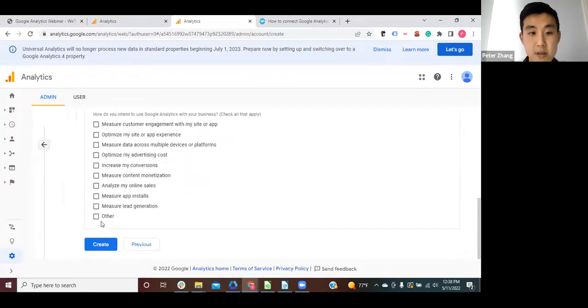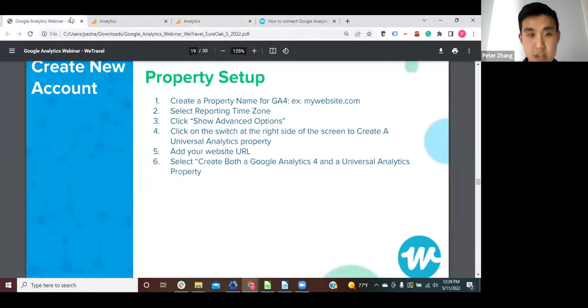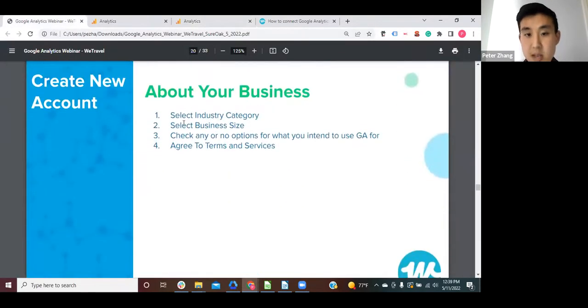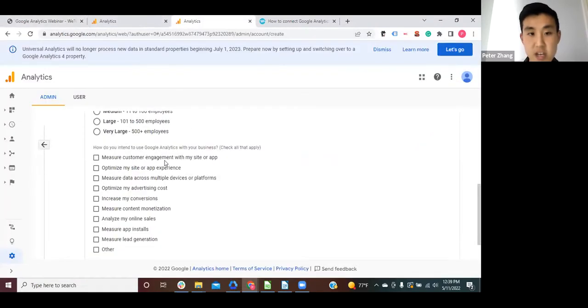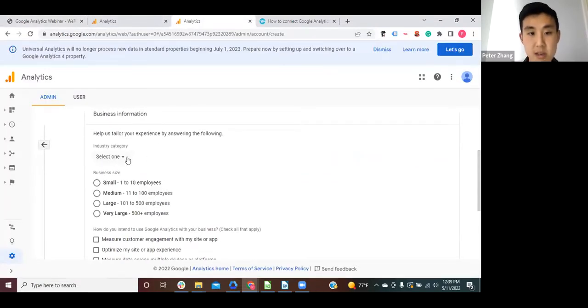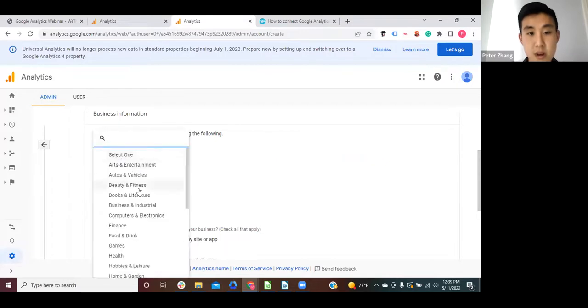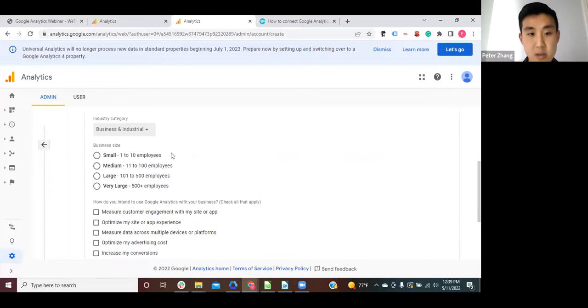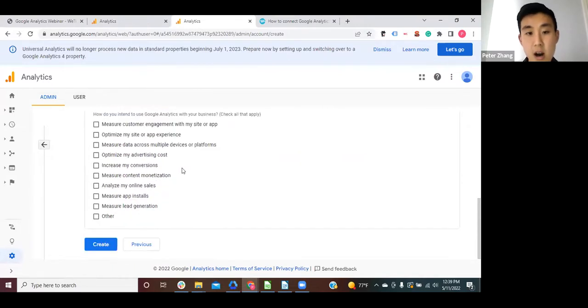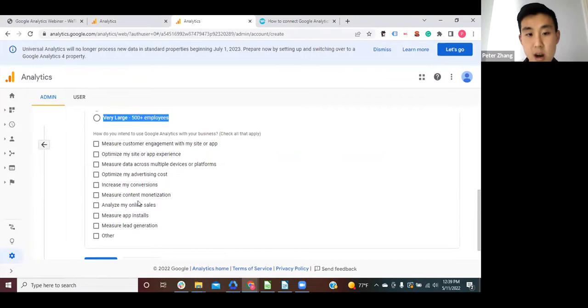And then you'll go on to the next section, which I did cover here, about your business. This is just general business information. You can just select whichever business is relevant to you, what category, how many employees you might have. And then just for this example, small, and then all of these features, it's up to you what you want.